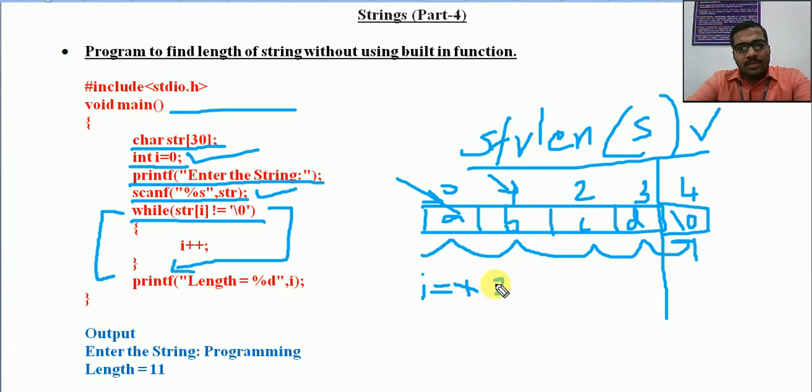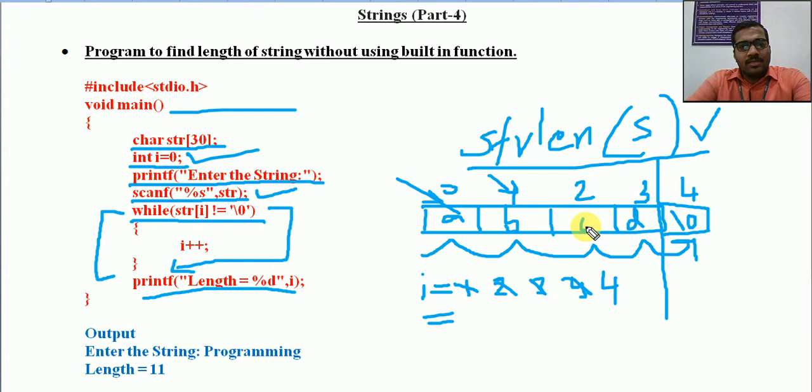Next, it is incremented to 3. Next, it is incremented to 4. Next time the condition fails because it becomes \0 and it exits from the while loop. Finally we print the integer value i, which will have the value 4. That is the exact length of the string that was entered.